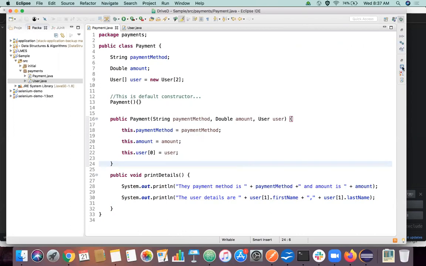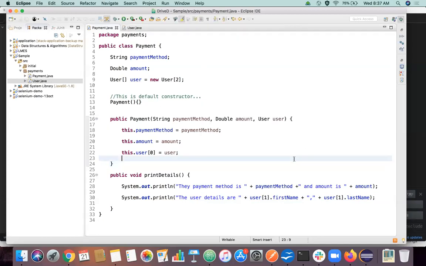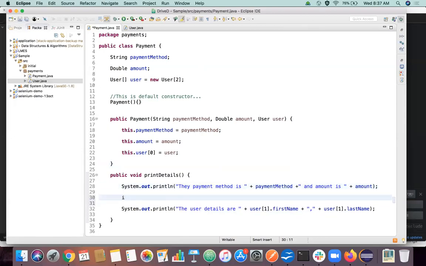So yes, that is the basic idea. Every time you have to do two checks: a null check and an empty check. Those things are very important. So what if I use a simple if block here, something like this. For the sake of simplicity, I'm using the user of one itself, that array value itself.